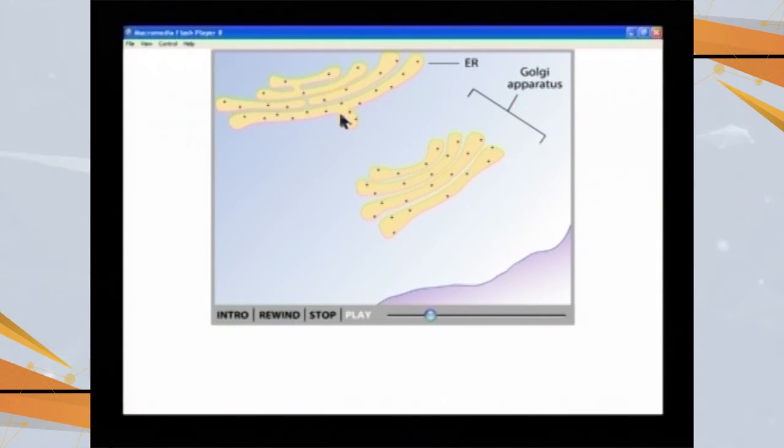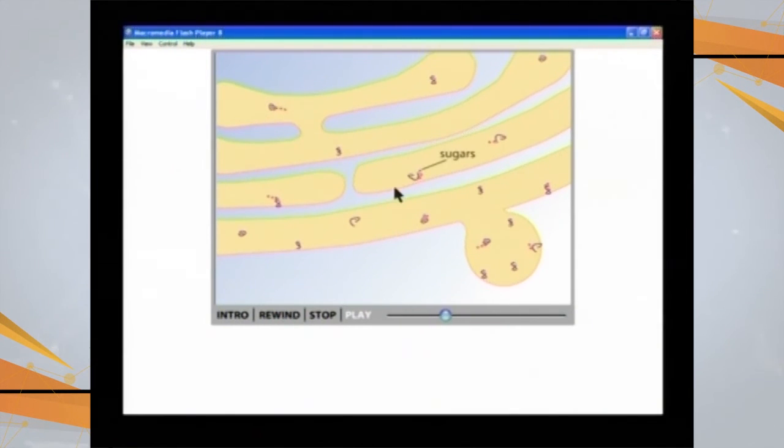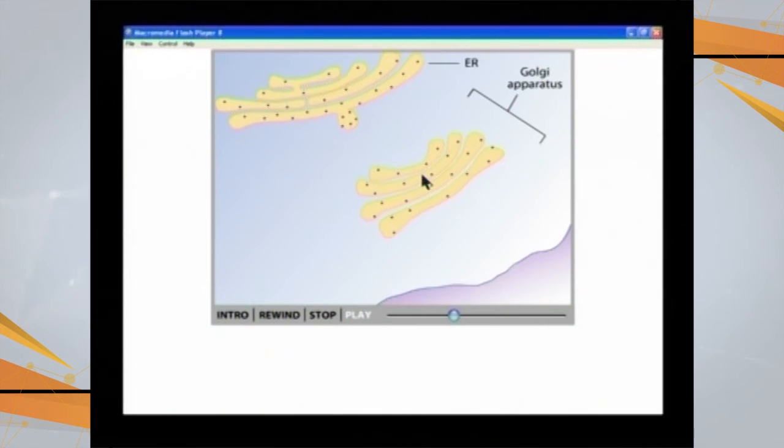So this is the product which is made in the endoplasmic reticulum on the inner side, and this product will be transported in the form of these vesicles from the endoplasmic reticulum. Let's say this was a protein and this is the sugar which is added. As I mentioned, most of the secretions are glycoproteins in nature, that is sugar in combination with protein. Now this vesicle is going to move from the endoplasmic reticulum and is going to be attached and fused with this Golgi apparatus. The product is given here, and now this product is being acted upon by the Golgi apparatus for the purpose of modification.